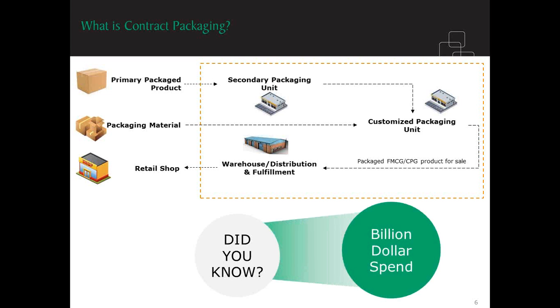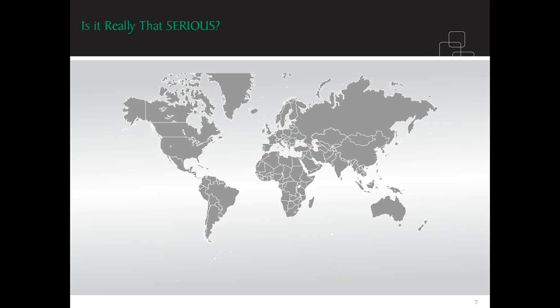Well, if that didn't convince you about the seriousness of the issue at hand, let me put forward some statistics which will exactly do so. The best way to do this would be through tracking the retail sales or spend patterns during peak periods such as global sports events or seasonal festivities. Retail industry is an industry where contract packaging will be most required, and hence we would be tracking the demand through this industry. What we have in this representation is a spurt in consumer spending in retail industry during mega